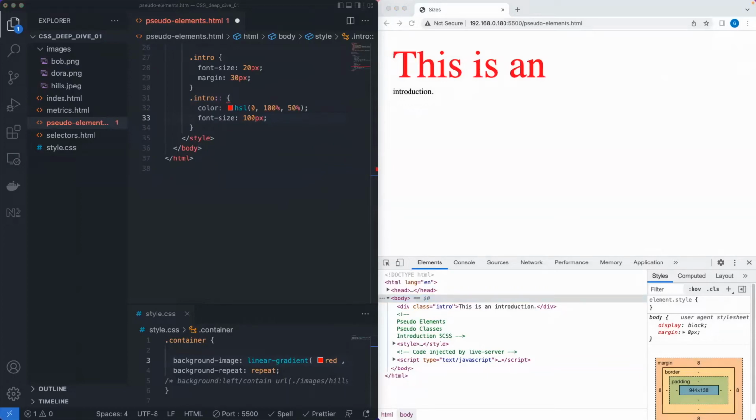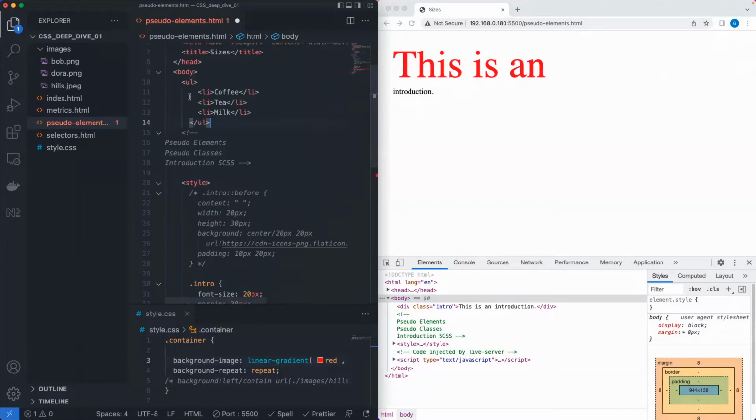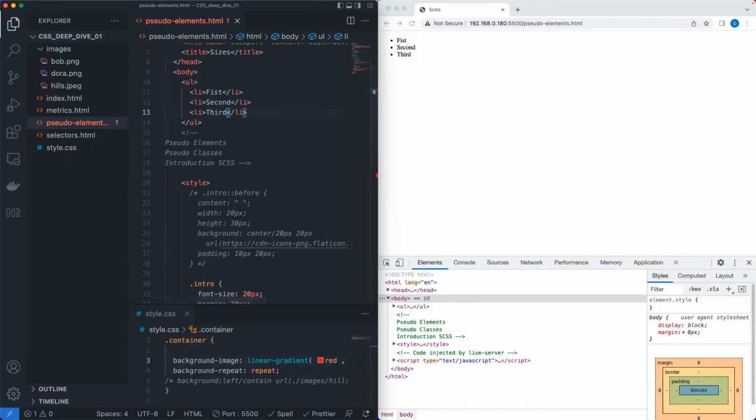So first letter we have seen, first line we have seen, before we have seen, after we have seen. What is left here is the marker. If I have a ul and li like this, let's say a list like first, second, third, okay, if I have a list like this, I can say the marker for this text is